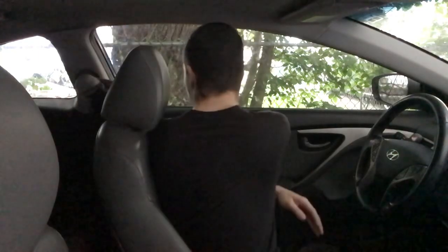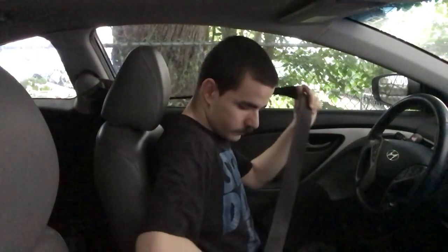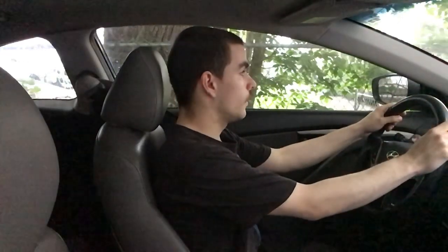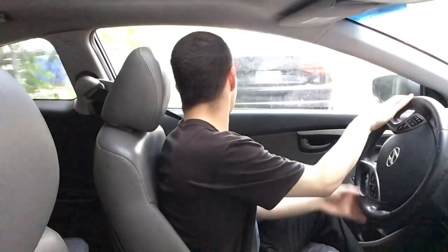Check it out. Put a little more light in here. Seatbelts on. And put it in drive because I backed the car out earlier. So we can basically just pull out now. We don't need no gas. We're not even holding on the brake pedal right now. We're just